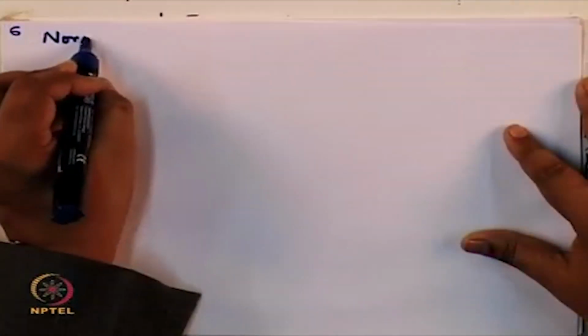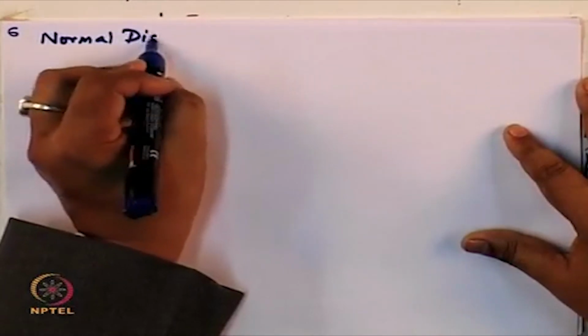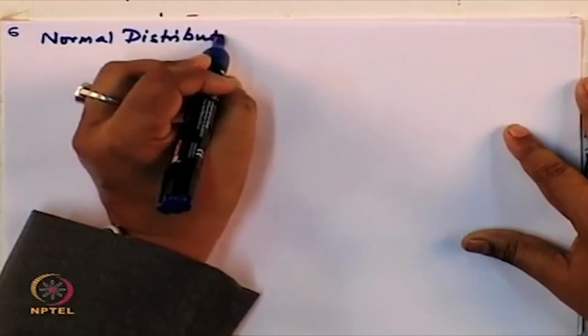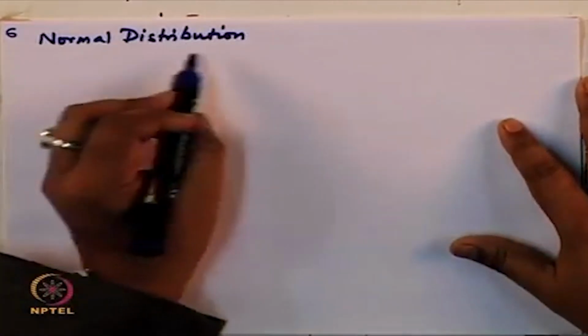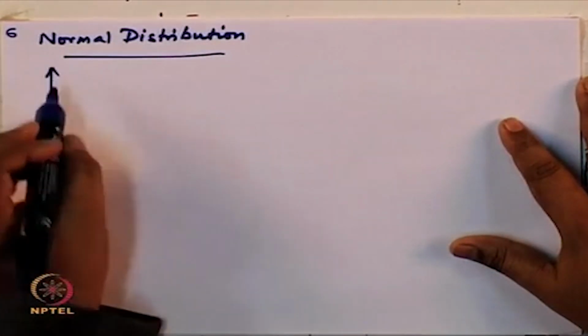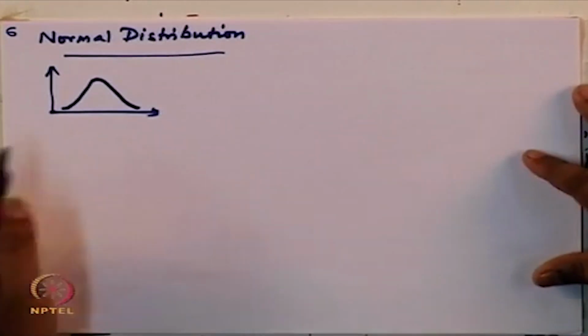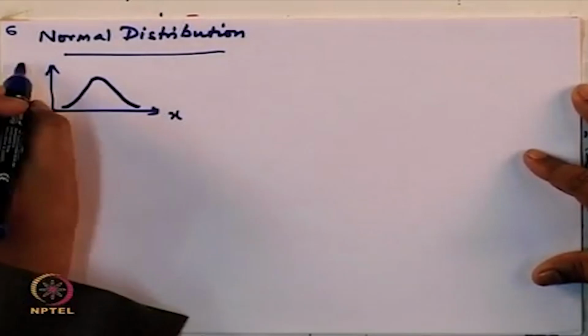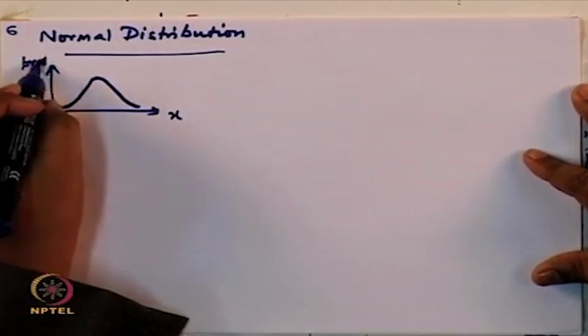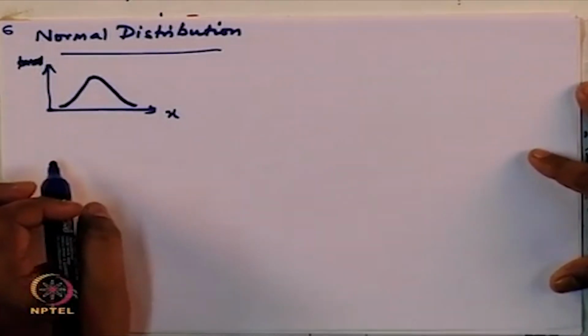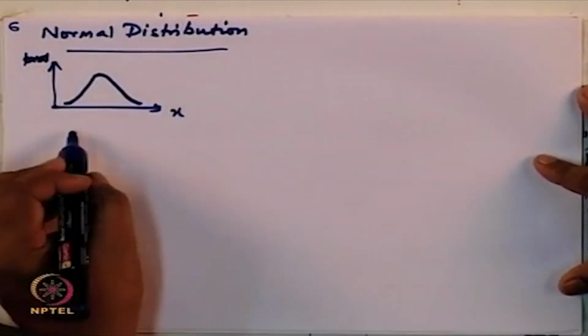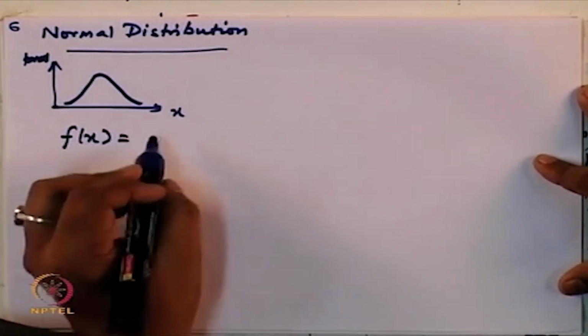We will now discuss one of the most important distributions, which is the normal distribution. So, what is the normal distribution? Normal distribution is the mound shaped distribution that you see at all times. So, this is your x value, this is your probability. For normal distribution, your f of x is given by